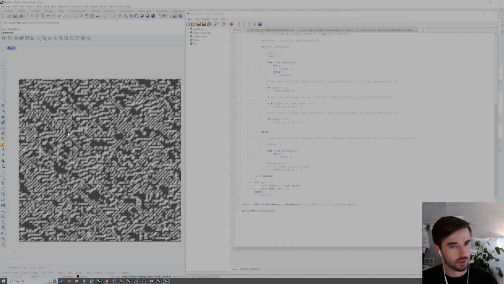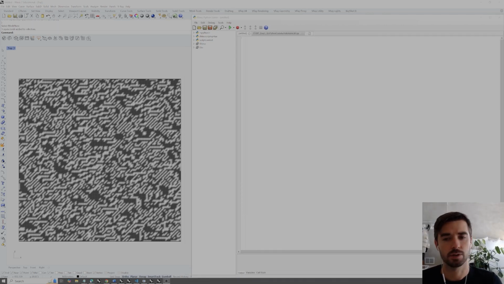And you can see there are certain repetitious elements all throughout, and it's a little bit less random than when we started. To finish our video introducing Cellular Automata using classes inside of Python, we're going to rebuild